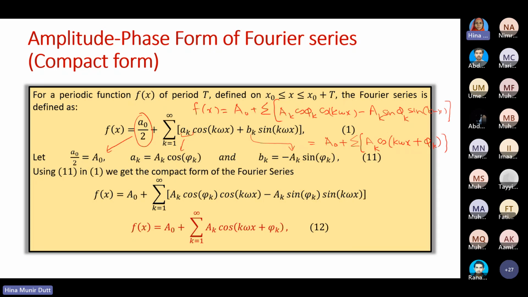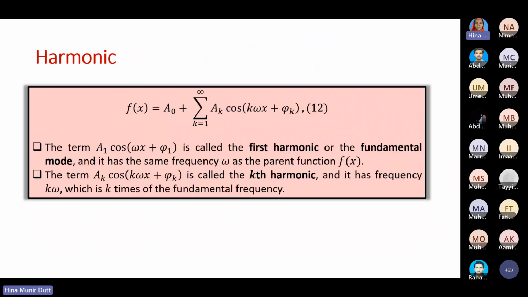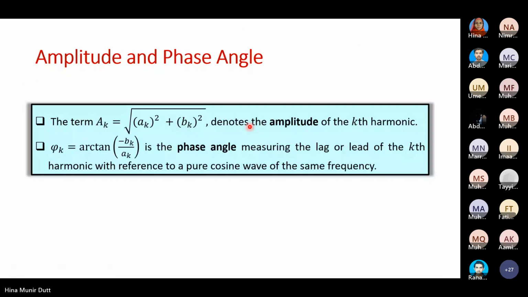So this is the compact form. You can see the compactness because there is only a cos of an angle involved in it. When you open it, you get this value. So k is from 1 to infinity. So this is the compact form of the trigonometric Fourier series. So now what are these coefficients Ak, and what are psi k? So in this compact form,